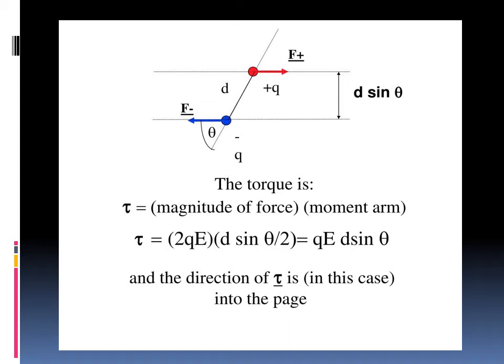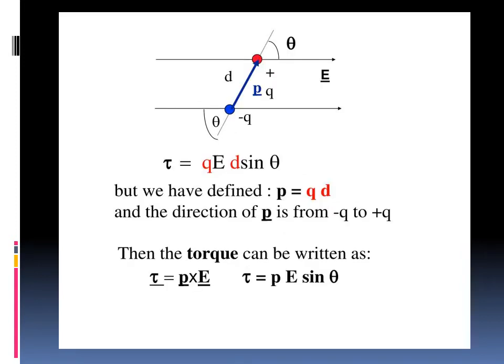Right? As I have told you earlier, we will discuss the direction because it is a vector quantity. Okay students, here we have QE as the force and we derived in the last slide d sine of theta. From here we can arrange these parameters according to our requirement. If we combine this Q and this d, it will give me the dipole moment P.